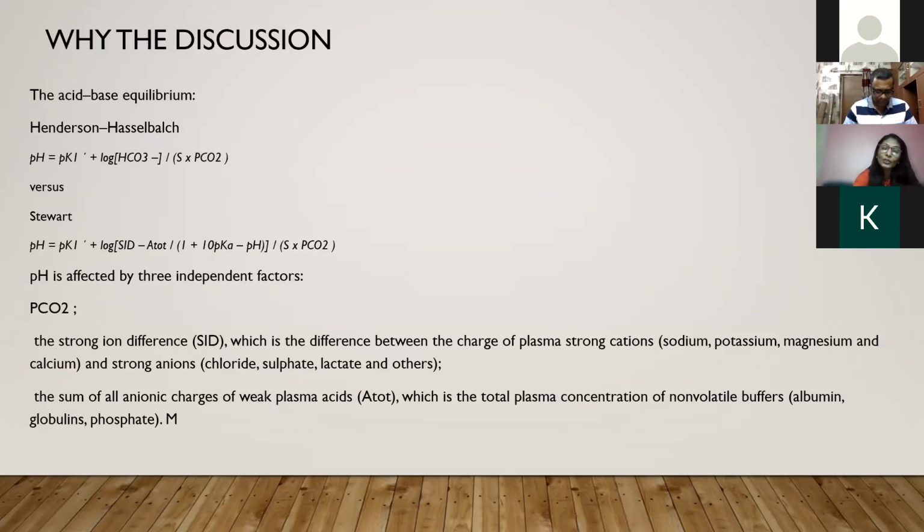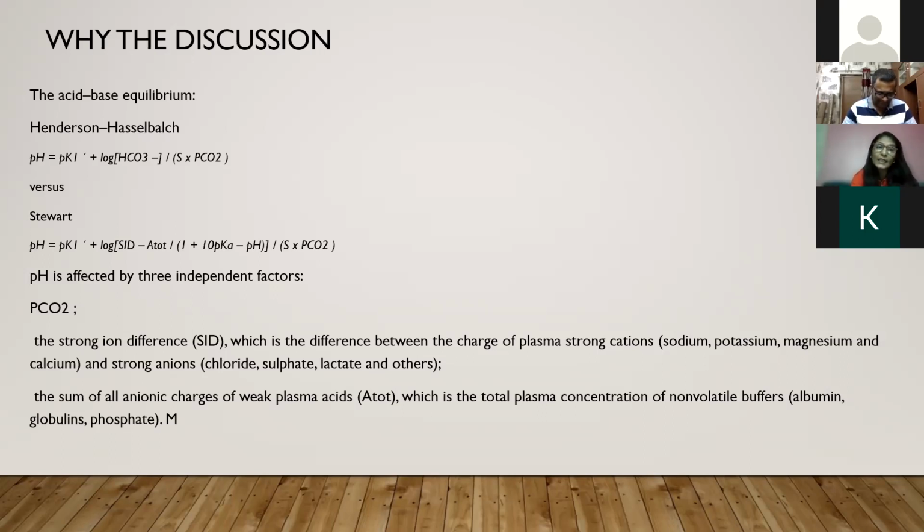So why is the discussion for normal saline or balanced solution? The acid-base equilibrium, first described by Henderson-Hasselbalch, is the core of understanding acid-base status in critically ill patients. He used 3 factors: bicarbonate, PCO2 and its solubility, and carbonic acid to describe the acid-base milieu of the body. And he felt that when we gave normal saline to the patient, it is the dilutional hyperchloremia which caused the decrease in bicarbonate and led towards acidosis in the patients.